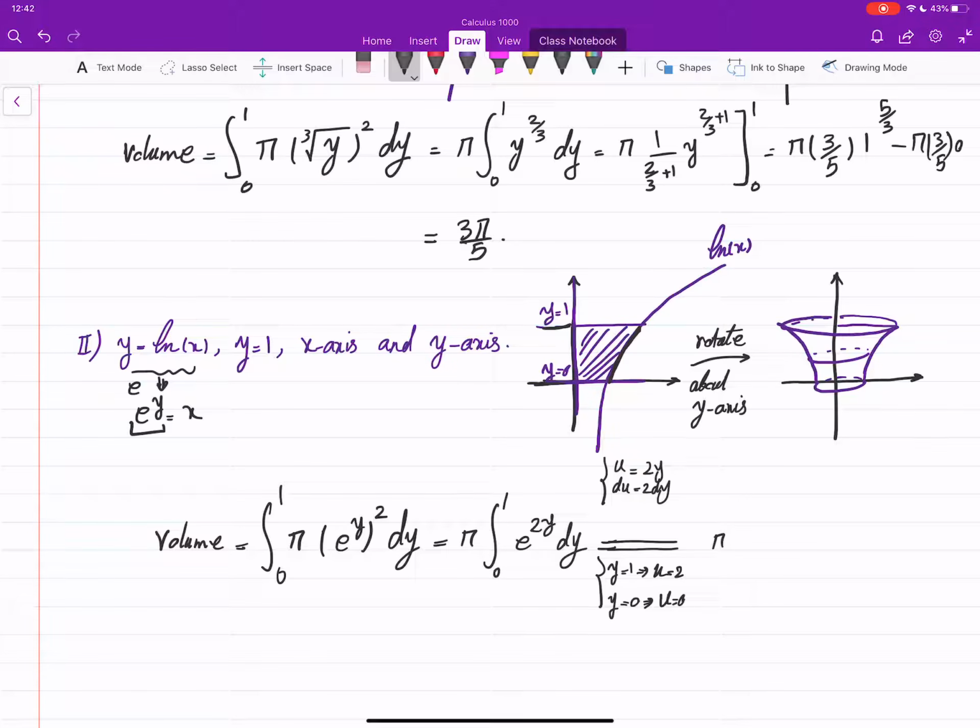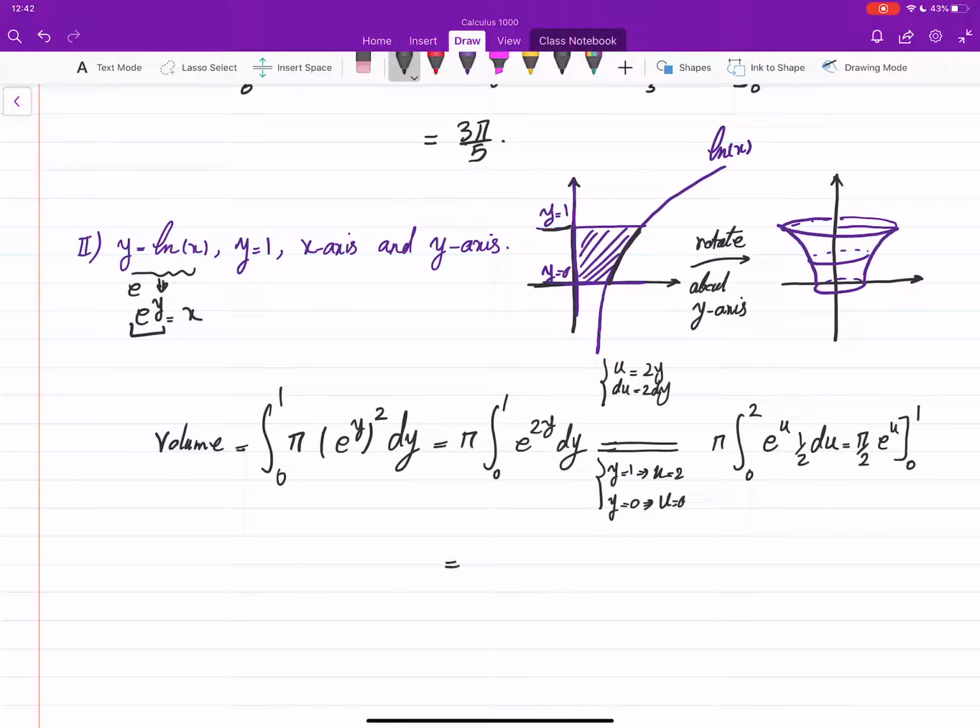So we go from 0 to 2 of e to the power u times 1 over 2 du. And that will give us pi over 2 e to the power u. Then the fundamental theorem of calculus tells me that the value is pi over 2 e to the power 2 minus pi over 2 e to the power 0. So it will be pi over 2 times (e squared minus 1). That's the volume of this